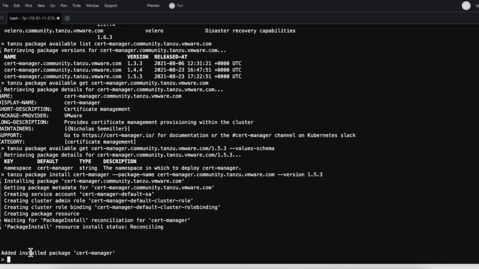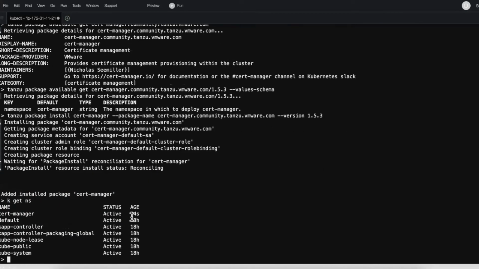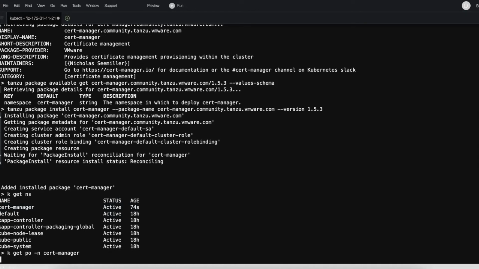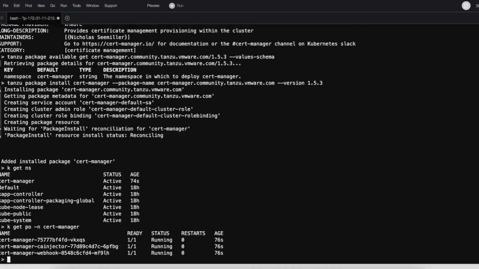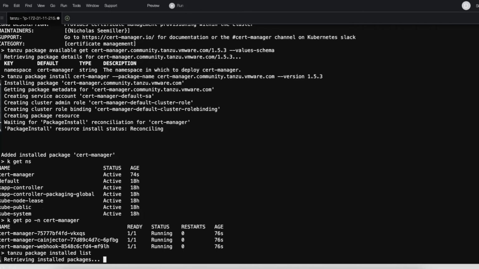And now you see that the package is installed. So if I go ahead and show you the namespace, you will see cert-manager got created a few minutes back. And if I see the pods running here, the pods are running. And if I just want to see which package is installed, we can say tanzu package installed list.